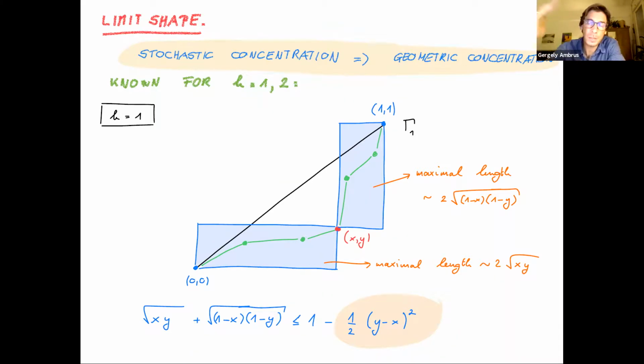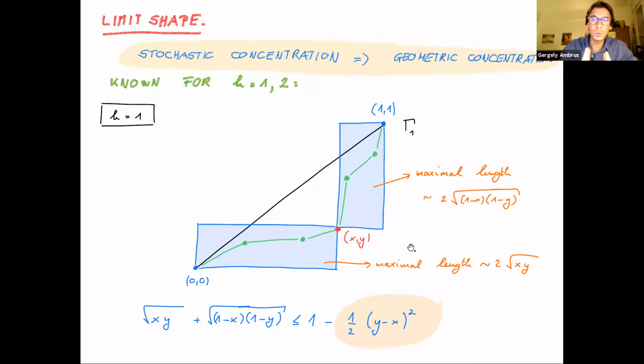And now the limit shape result, at the moment, only works for K equals 1 and 2 because technical difficulties come up for higher values of K. We will see in a sec. So let's see for K equals 1, when we have the increasing chains. So what is the argument? The argument is that, well,